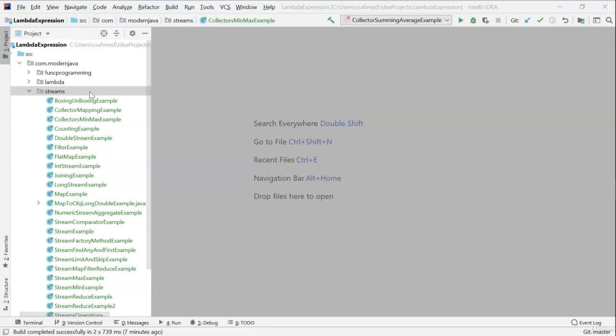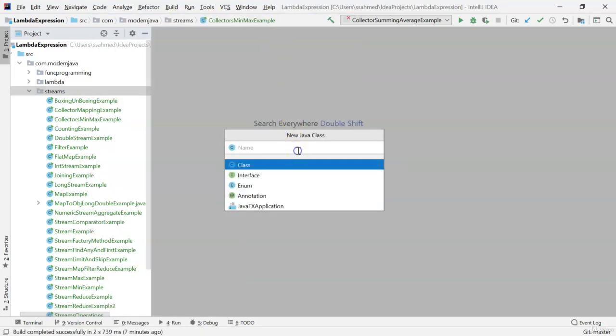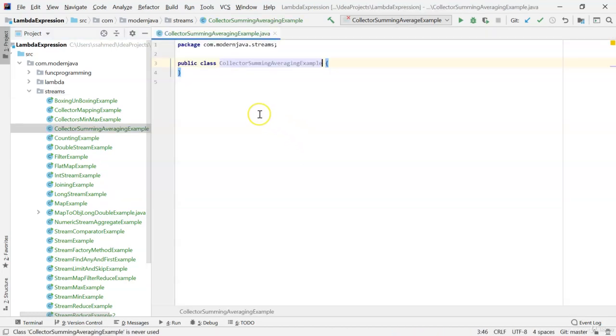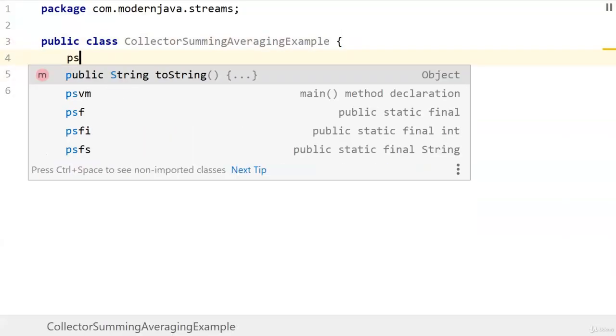Now let's create a new class, and the class name is CollectorSummingAveragingExample. Now let's create public static void main,